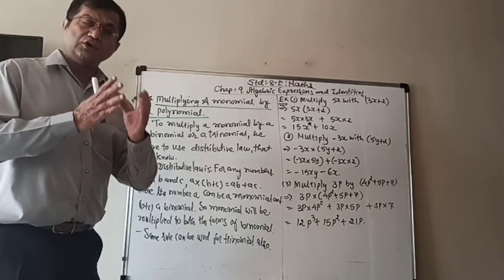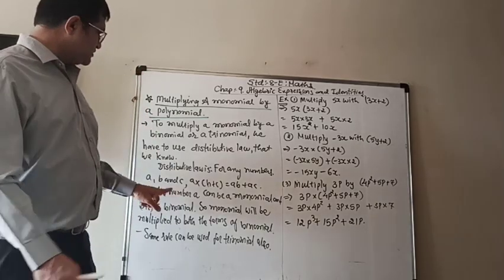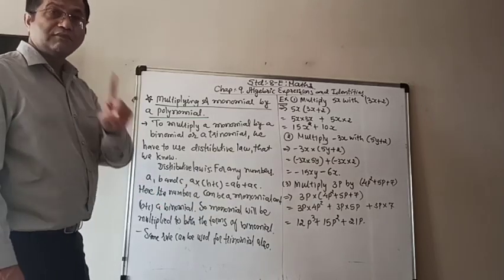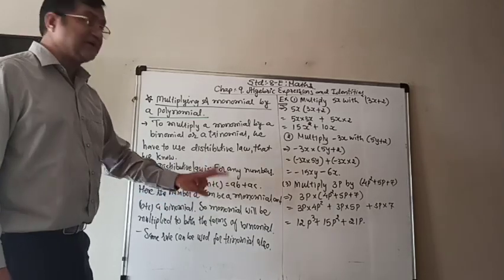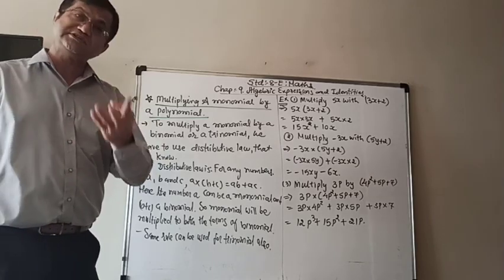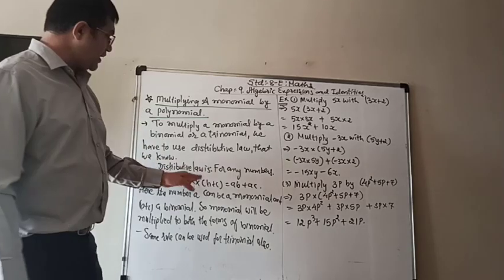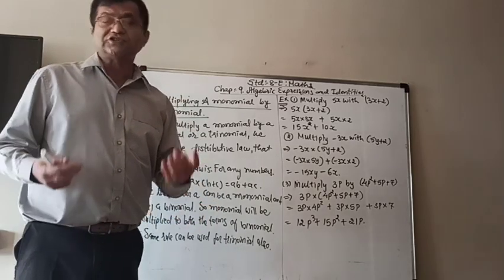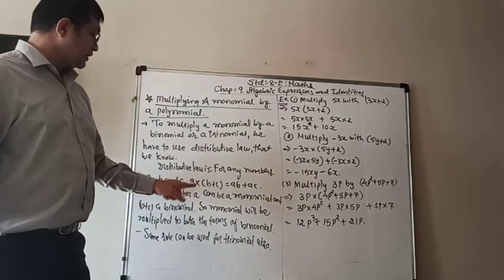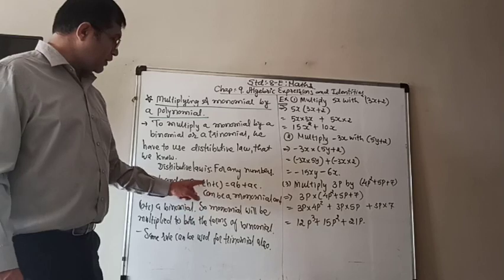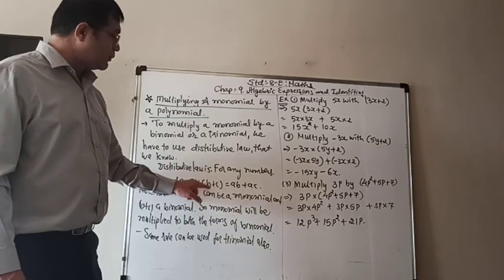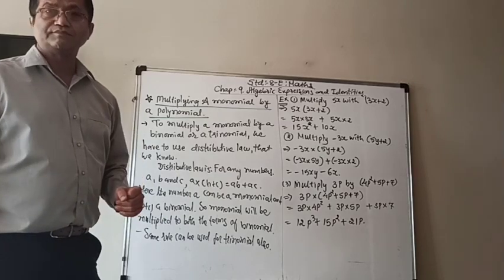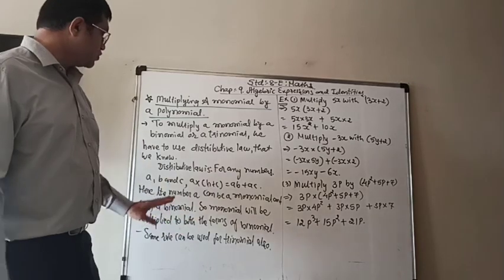Here you imagine that A can be the monomial having one term, and B plus C means there are two terms, so it is a binomial. So A into bracket B plus C is equal to AB plus AC. So here also we have to do the same thing, that the monomial will be multiplied by both the terms of the binomial in the bracket. The same way you have to do that.